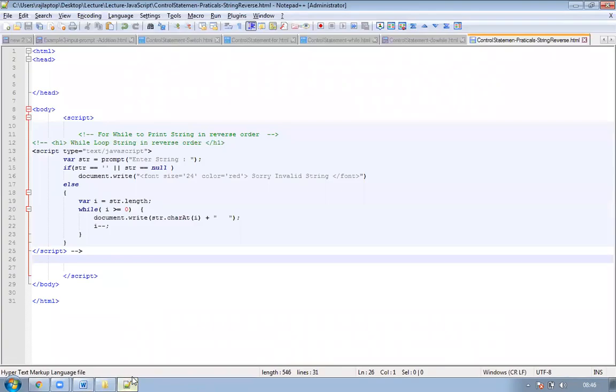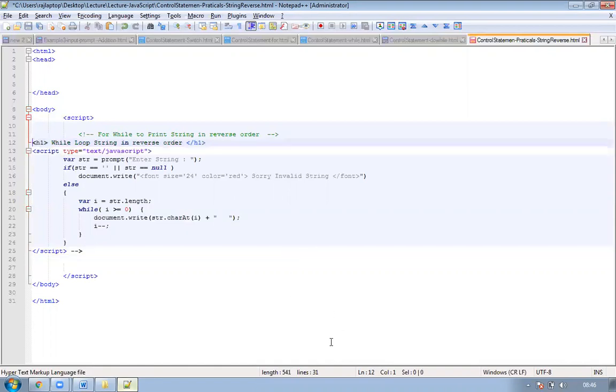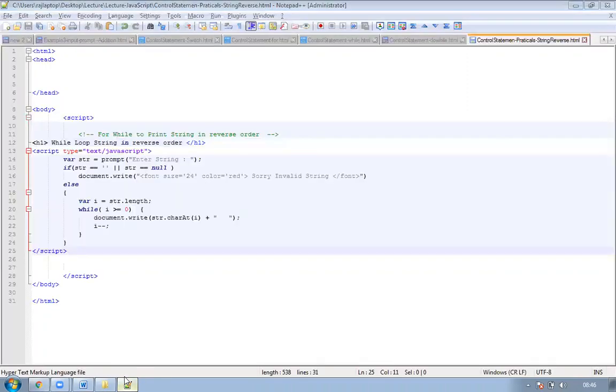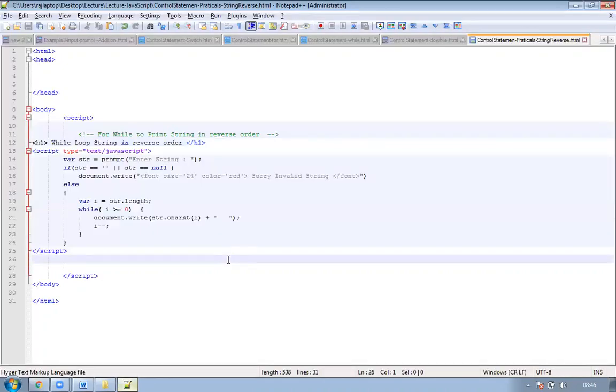It should first prompt for a string. It's refreshing. There is some problem here after copy paste also. Let's check out what the problems are. I think this is commented. I remove this comment because I think I have written all three programs in one file. I just uncommented this and refresh it again. Is this thing saved? Refresh.